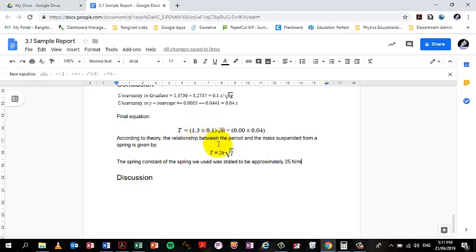If you look here, you can compare T is equal to something times square root m. That something must be equal to our gradient. So if we compare the theoretical equation with our experimental one, we see that